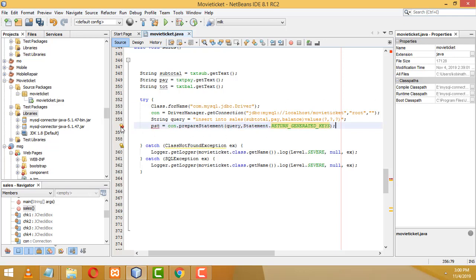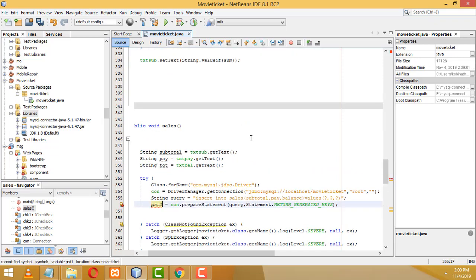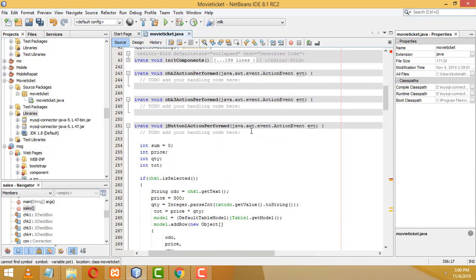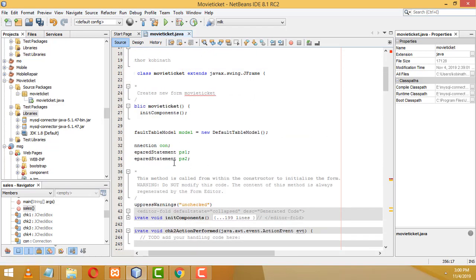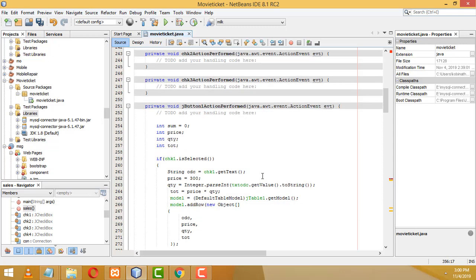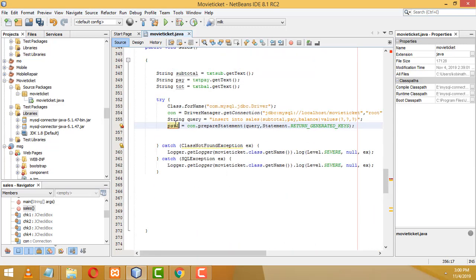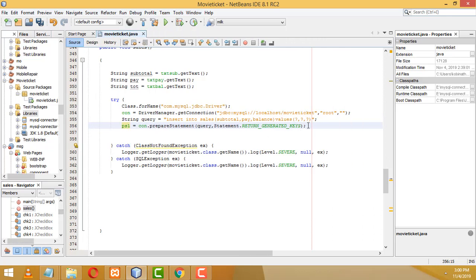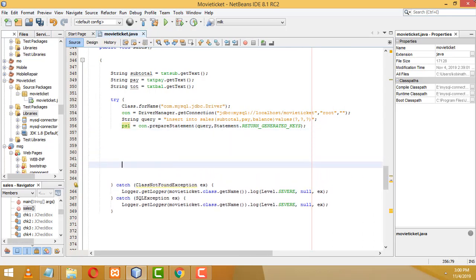Here this one should be PS1, not PST1. The prepared statement you have to create as PS1. That's why I write PS1. Right, perfect. Here, generate keys. After that, I am going to get the last inserted ID, that's why I am creating it with generate keys. Here first we have to write